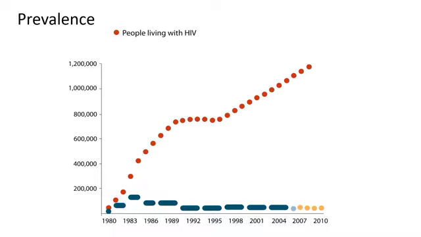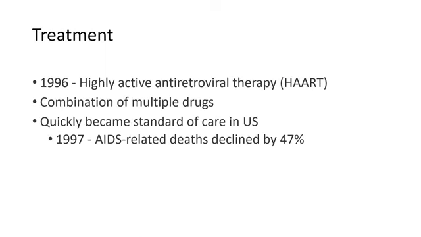So here is another chart of people living with HIV. If you look over at the far left, 1980, that's when the virus first started coming around. The oblong blue at the bottom are the number of people who died from HIV. And so you can see the red dots. There are a number of people living with HIV now, and there are fewer people dying than in the early 80s, where a majority of people died.